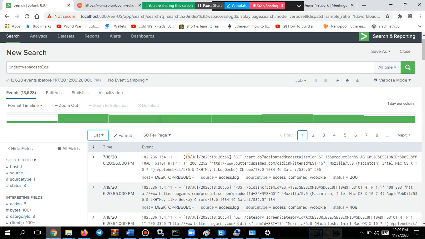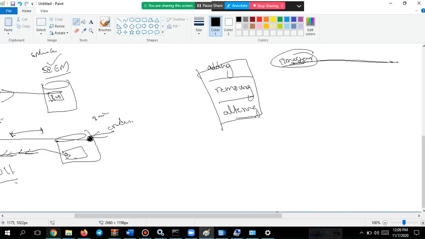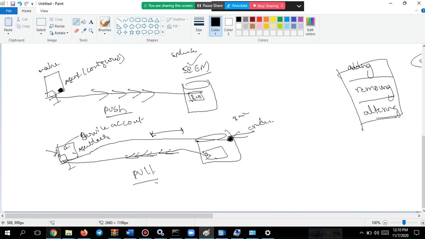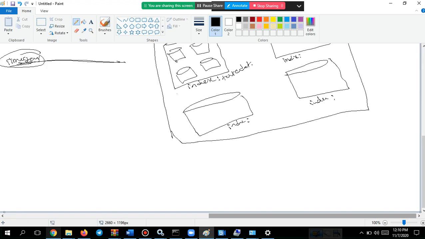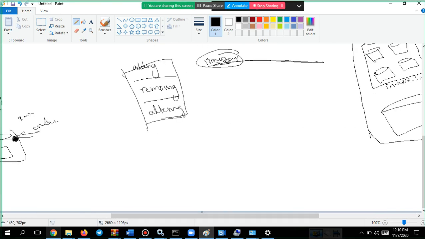This timestamp might not be there in the log file at the source, it is added here when it is getting created. So you will be adding that particular thing. Sometimes you might be required to remove some unnecessary things, because you don't want to burden your Splunk server.